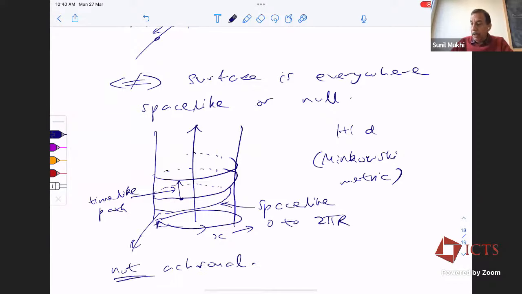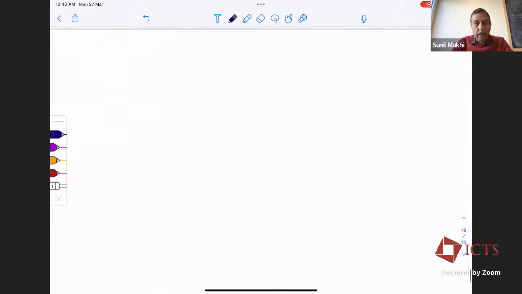That's why a-chronal requires a slightly stronger wording than just saying space-like. Okay, I hope that point is clear. Extendable was, I think, pretty clear. And with both of these things, we now have the crucial definition,